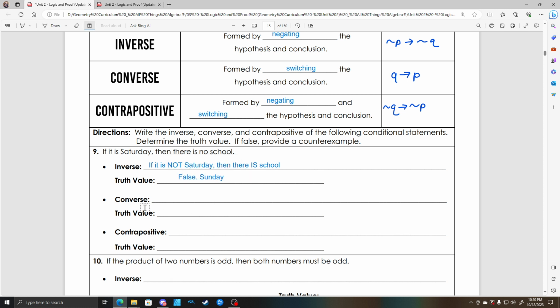So there we go. It's definitely not true, right? Let's look at the converse. The converse is when we flip P and Q. So if before it said if it is Saturday, then there is no school, now it's going to say if there is no school,